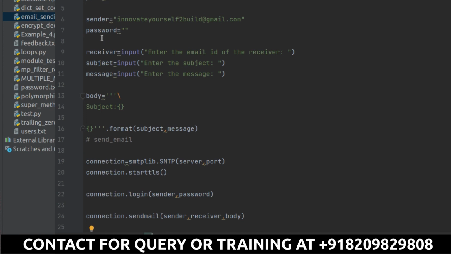For that, firstly I have to pass the password over here. For now you can pass the message over here, and accordingly you can run it. But right now, instead of doing this, I will be doing something else. I will be passing the data in another way, because currently I have the password inside my password.txt file. So I will be copying it from there, calling it from there, and based on that I will be passing it here, right? So let me just write a program for that.